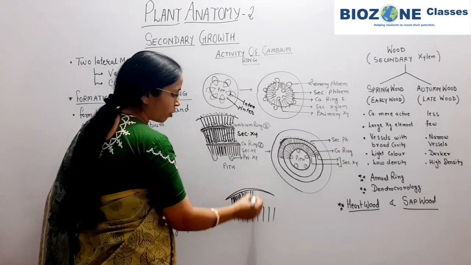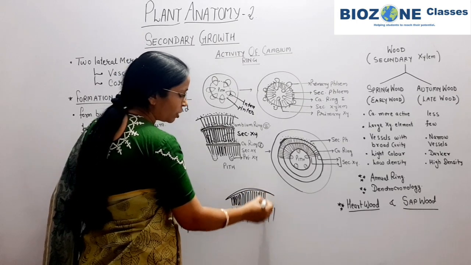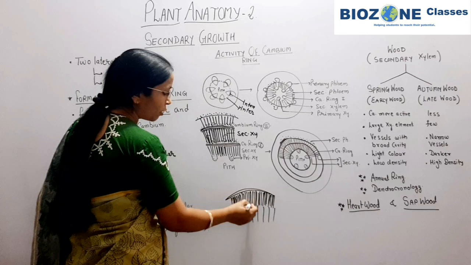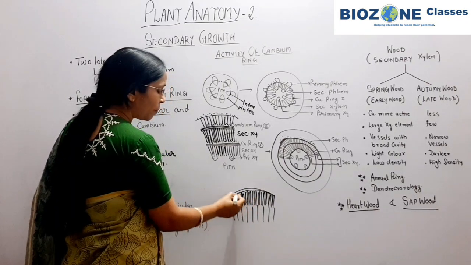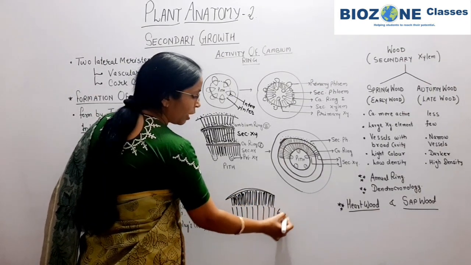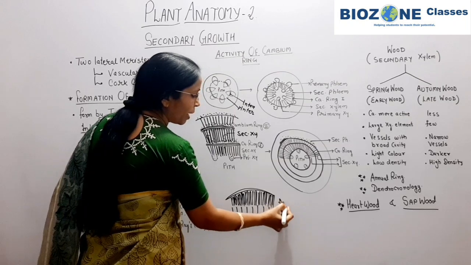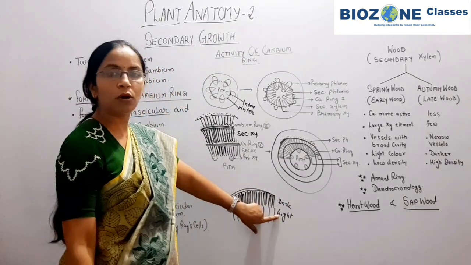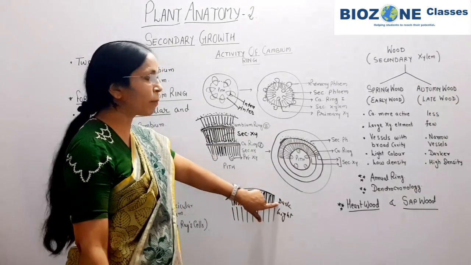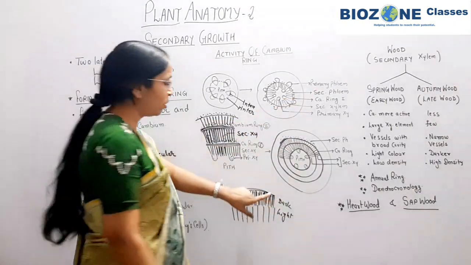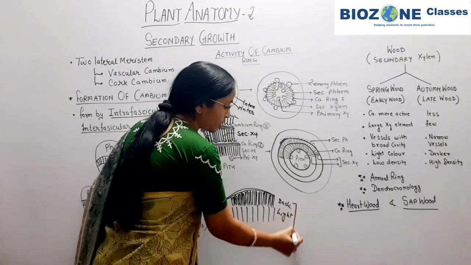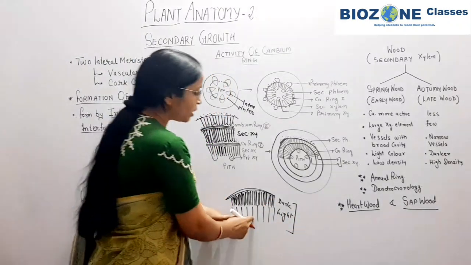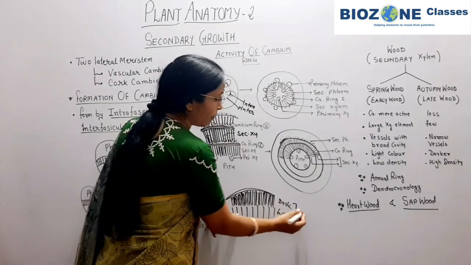So because of that, what is happening? When the wood formation or secondary xylem formation appears, two alternate color bands appear: a light color band as well as a dark color band of the secondary xylem. The lighter color band is of spring wood and the dark color band is mainly of the autumn wood. Both the rings of secondary xylem, formed during spring and autumn season, these wood bands combined